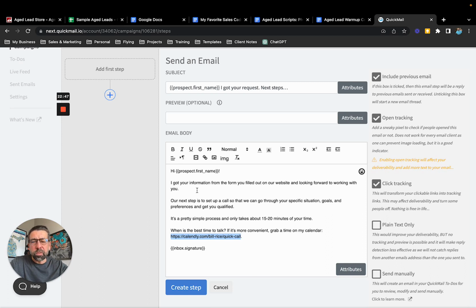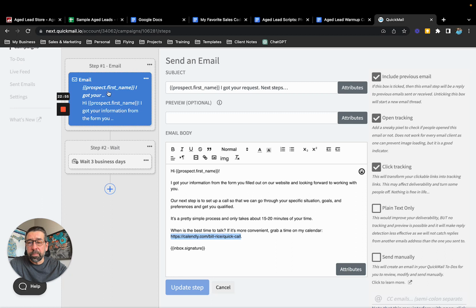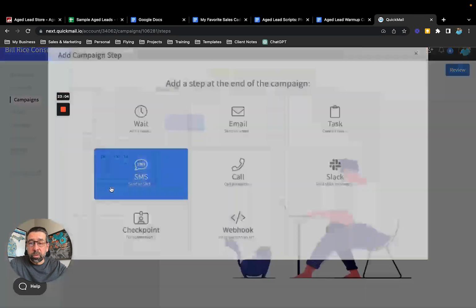So also the email providers, when it's moving back and forth, it seems kind of a clean way to do that. So I'm going to go ahead and create this step. All right, you can see there, and then it automatically does some kind of best practices thing. It says, hey, I'm going to wait a couple of days. But in this particular case, we're going to go ahead and